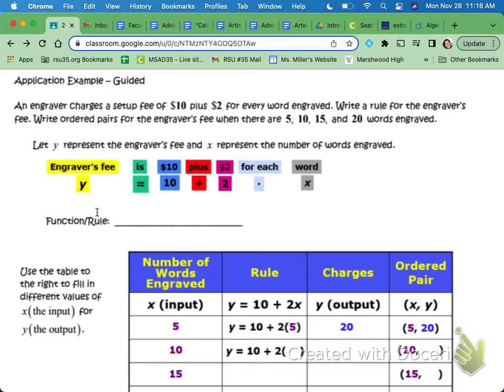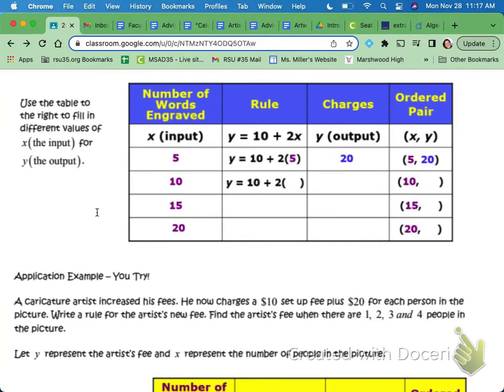So we start with $10 plus $2 for each word. So we have y is equal to 10 plus 2x. So our function rule is y equals 10 plus 2x. That's my function rule, gentlemen. So now I can take that function rule and create what's called a table of values, which they have provided for us. So when we input 5, I get 10 plus 10, which is 20,